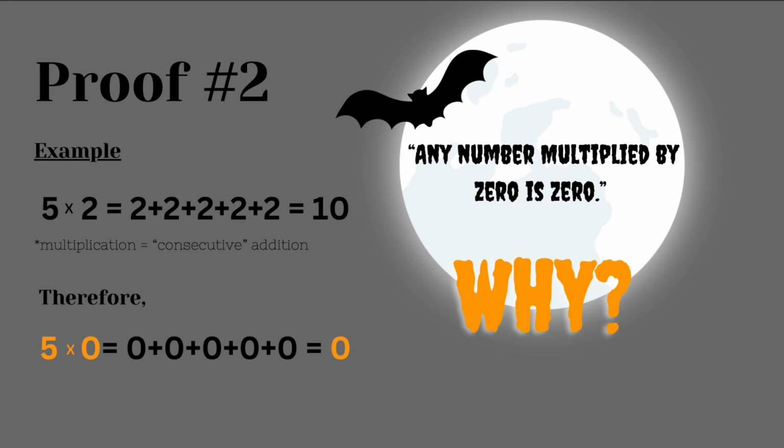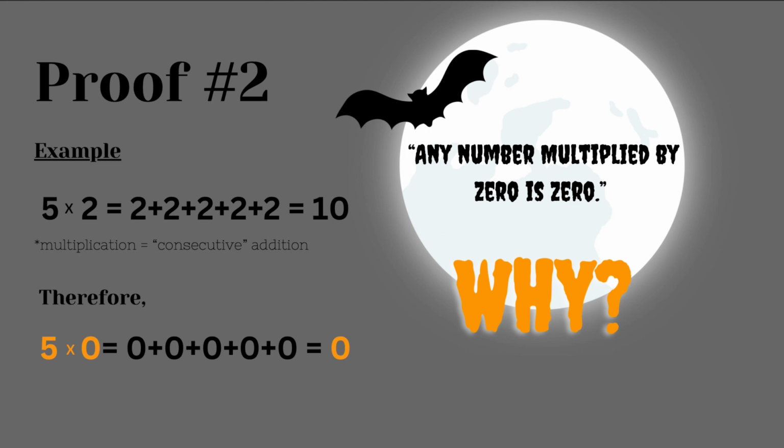Right under that, I wrote a little note. Basically it says multiplication is the same thing as consecutive addition. Consecutive addition is just adding the same thing over and over again. Whenever you think about multiplication, you can align that with addition. They in many ways go hand in hand. So if I have 5 times 2, that is the same thing as writing 2 five times and adding it. So 2 plus 2 plus 2 plus 2 plus 2 is equivalent to 5 times 2, because in both problems we get